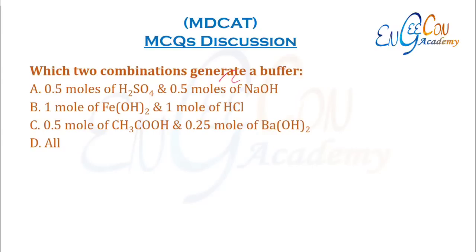Which two combinations generate a buffer? So let's take 1 mole of Fe(OH)2. It would give us 2 moles of OH minus ion. And then we have 1 mole of HCl. It gives us 1 mole of H plus ions. So 1 mole OH reacts with 1 mole H here and give us